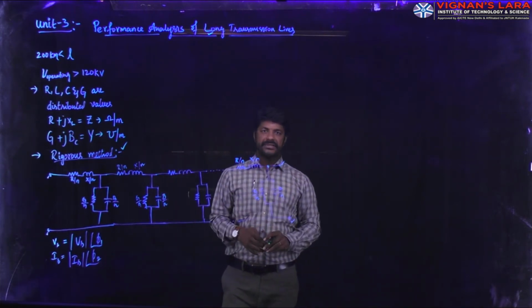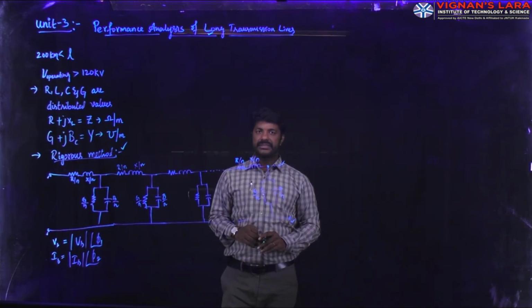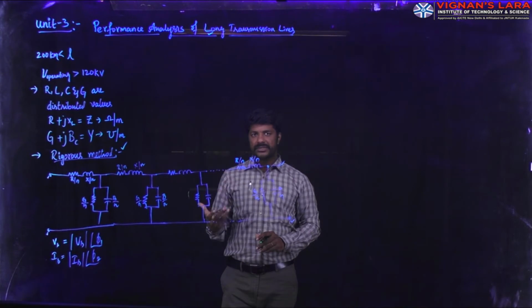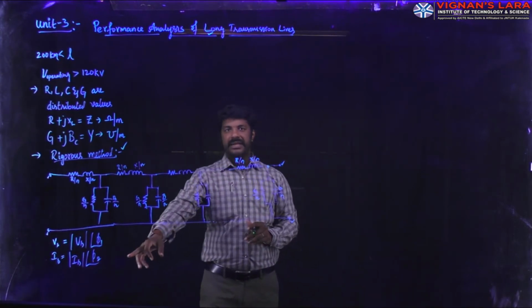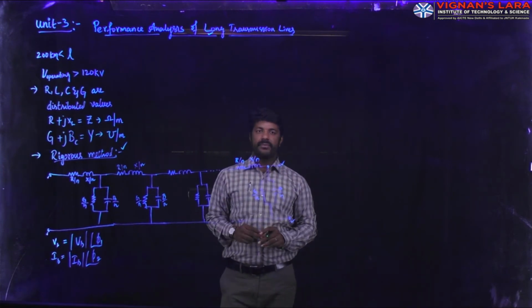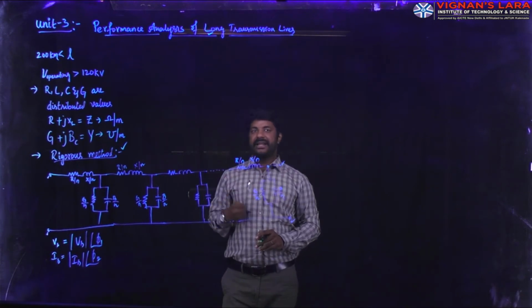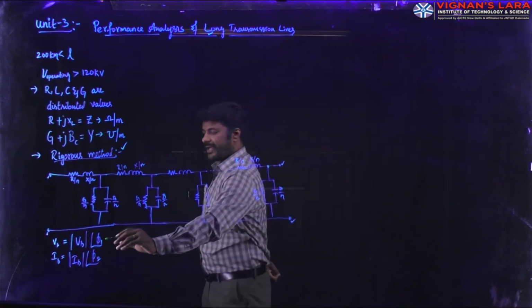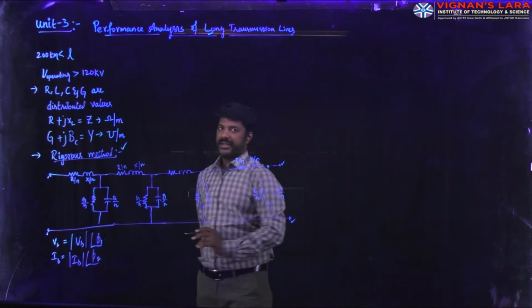on the sending end side, called cos phi s. What is cos phi s? To get that power factor, cos phi s is required. Phi s is nothing but the sending end phase angle, which is defined as the difference of the angles between the sending end voltage and the sending end current. That is, phi 1 minus phi 2 gives us the phase angle phi s.